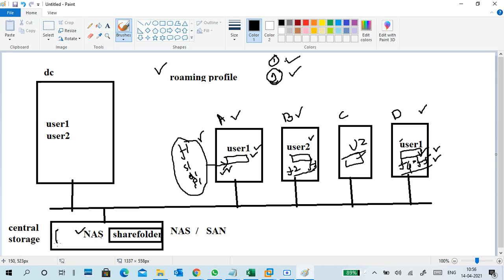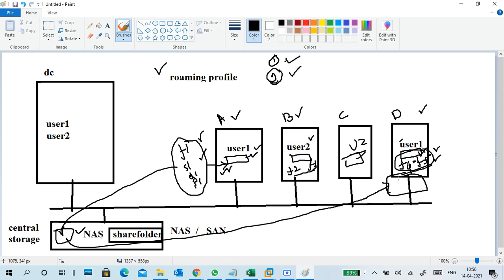Wherever the user logs in and creates some profile data, after he logs out, this profile data automatically syncs to the central storage. The next day the user logs in here, and the entire data will display on this PC. He also creates some data, which is synced as well when he logs out. Again he logs into PC A, and the entire data will be there.